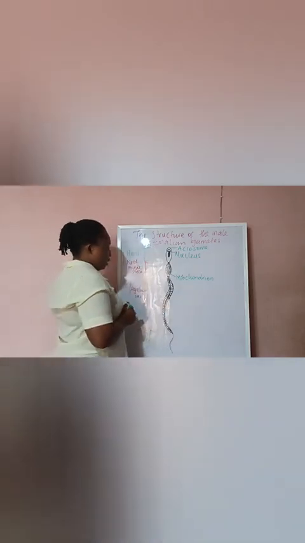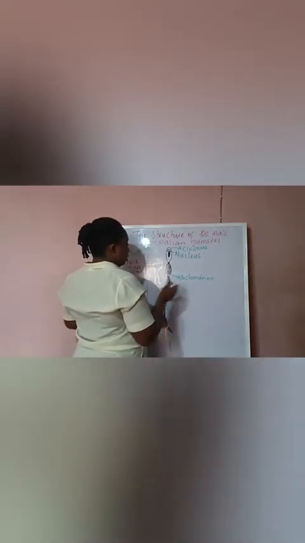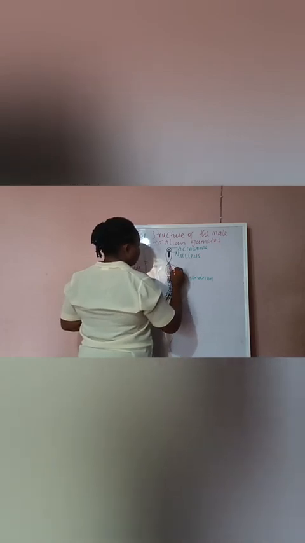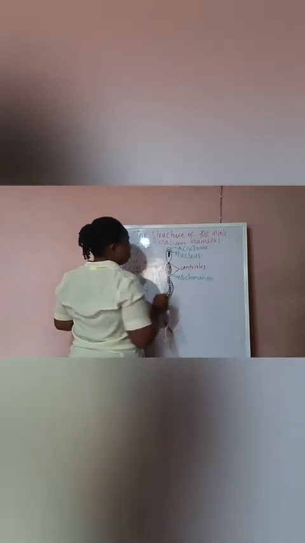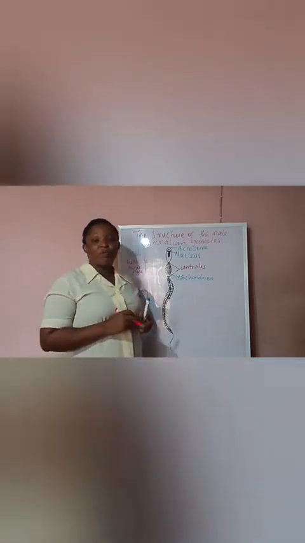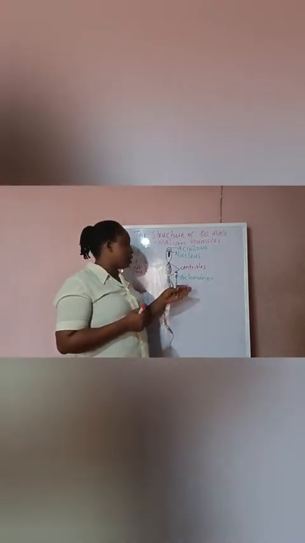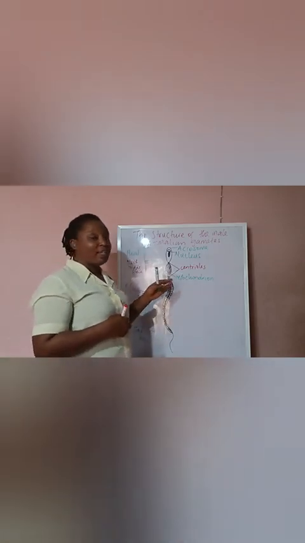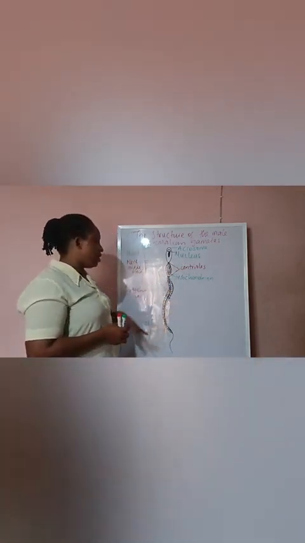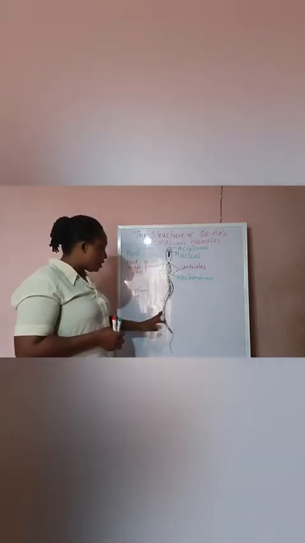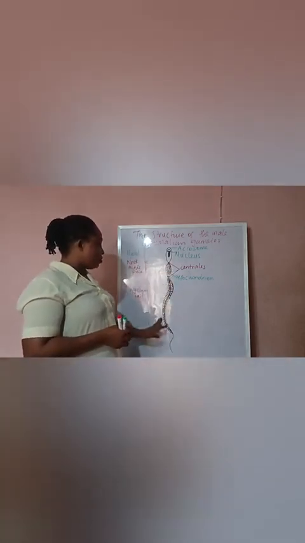We also have, at this segment, the centrioles. These centrioles have a lot of microtubules which take part in mitosis. Another thing about them is that they form the base for cilia and flagella, and you know that the sperm has a flagellum. So the centrioles form the base for the flagellum.